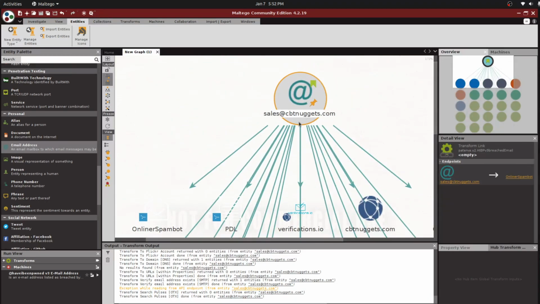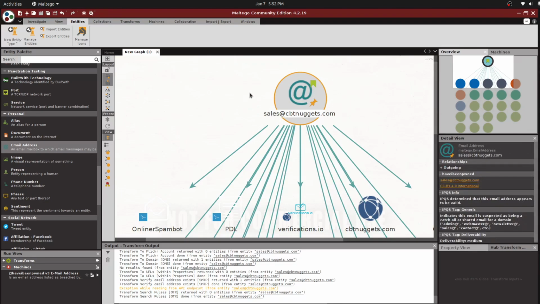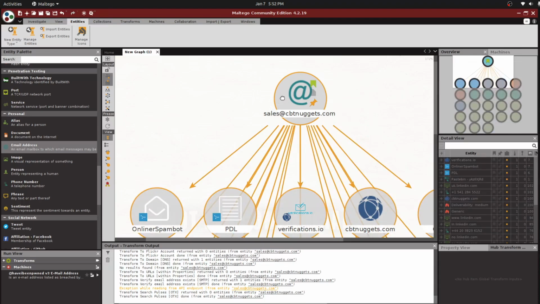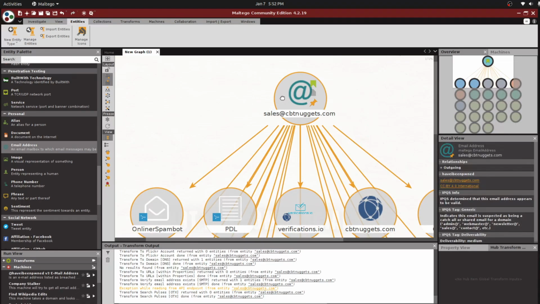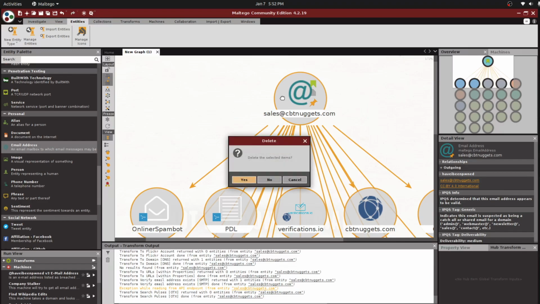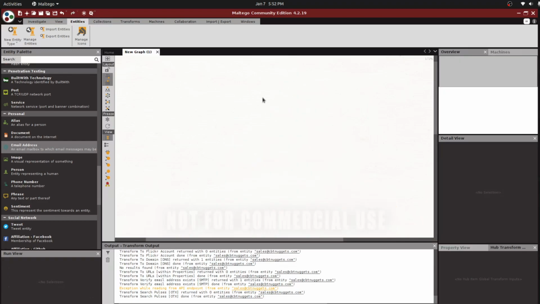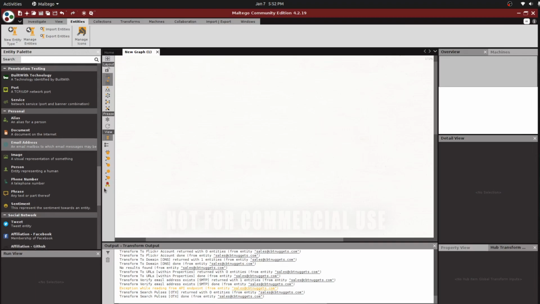Okay, now rather than searching with simply the email address, let's take a real-time scenario. So in order to delete this particular graph, I'm simply pressing Ctrl A and hitting delete. Confirm. It deleted all the results that we found. Okay, now let's start with a particular company or a domain name.